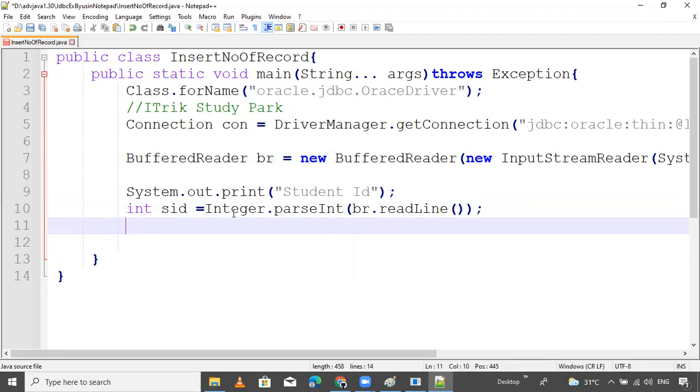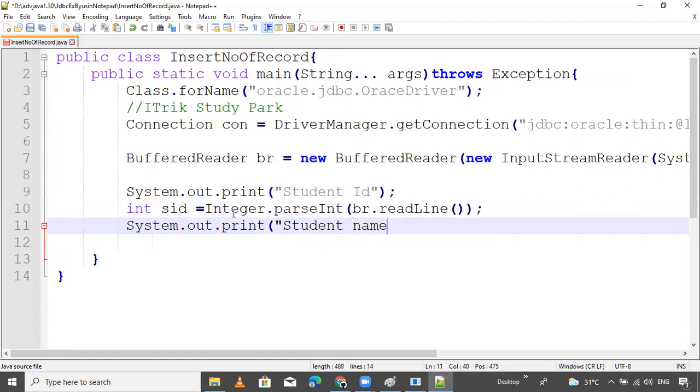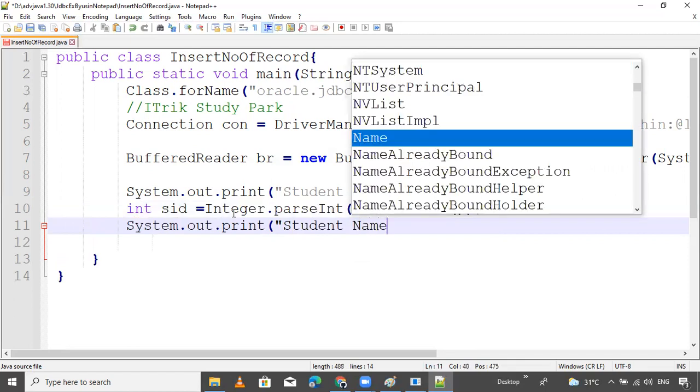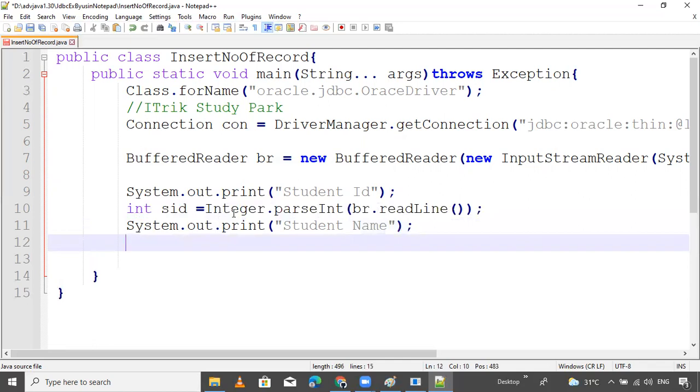That's it. Now, next thing is System.out.println, print student name. The same as the last class, but in the middle I will tell you which thing we want.